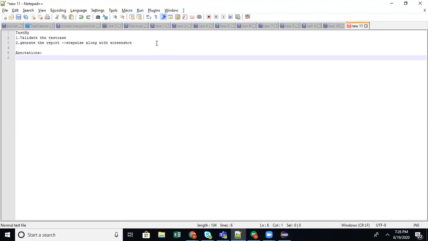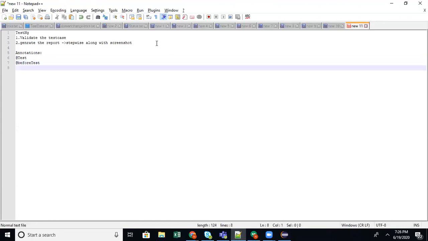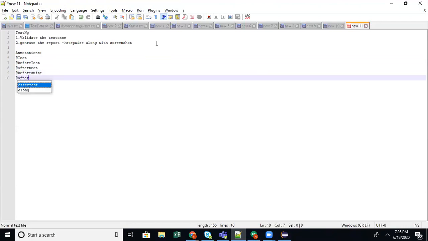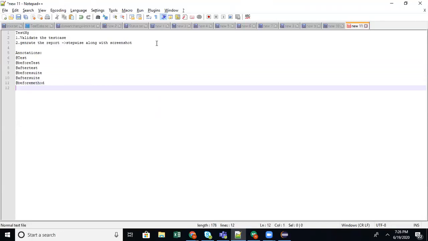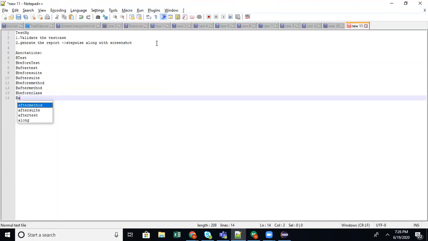Some of the annotations: annotation starts with @. So @Test, which is mandatory, and then additional annotations are @BeforeTest, @AfterTest, @BeforeSuite, @AfterSuite, @BeforeMethod, and @AfterMethod, @BeforeClass, and then @AfterClass.